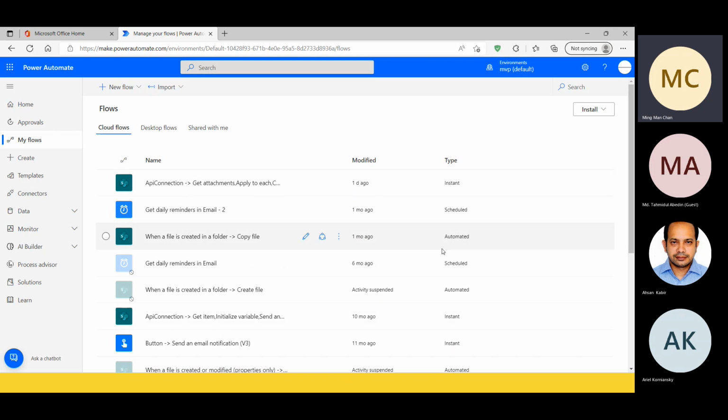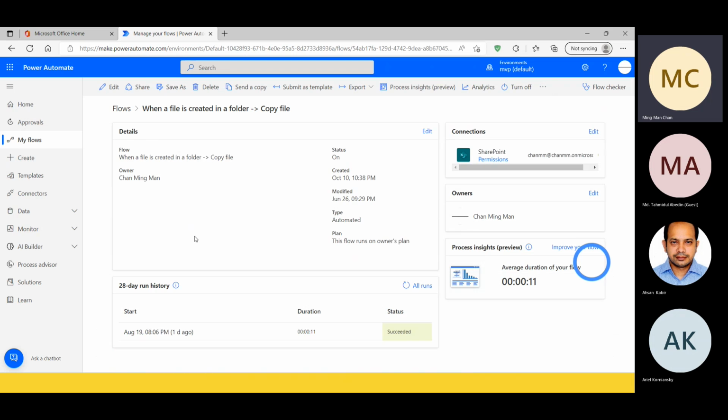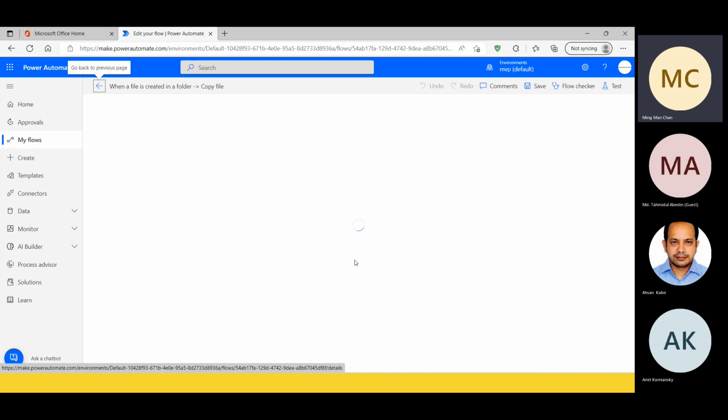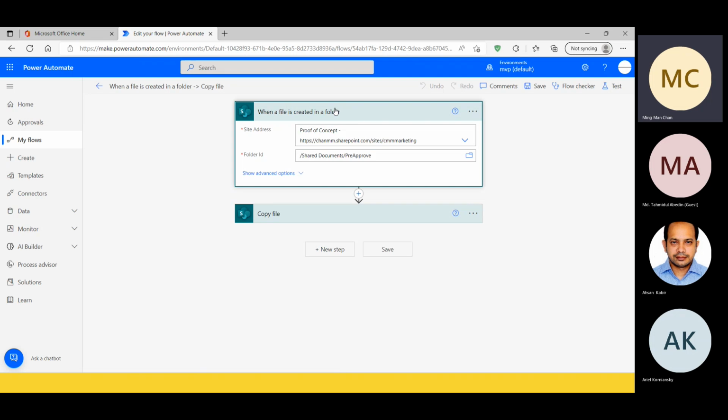So you see that I actually created this automated flow. What my automated flow here is doing, you can edit it and see, it's very simple, right? This one is very no code. No code meaning that, okay, you must know where your SharePoint list is. I pick up a file when it's created. When the file is created in this folder,